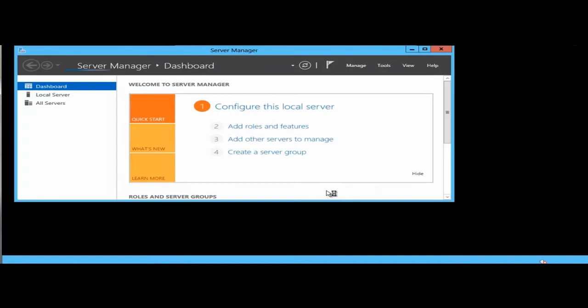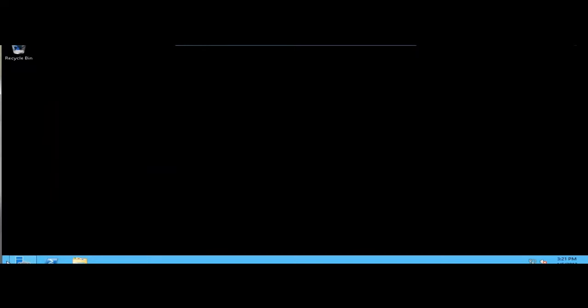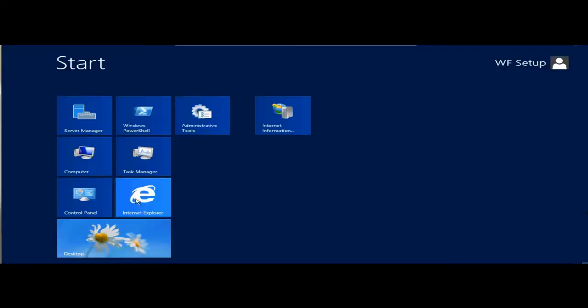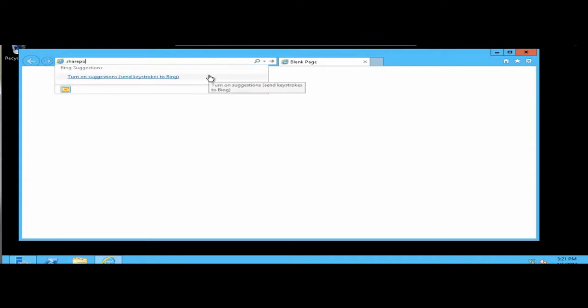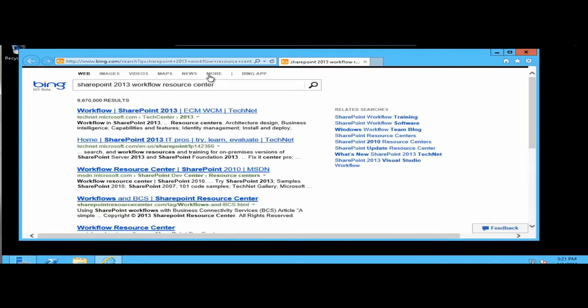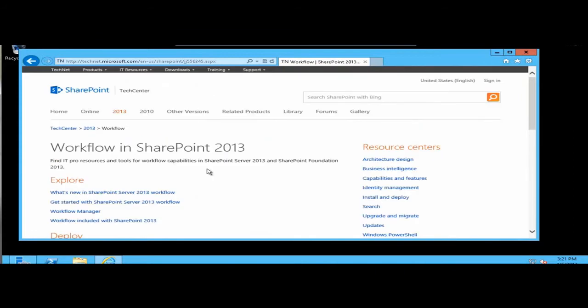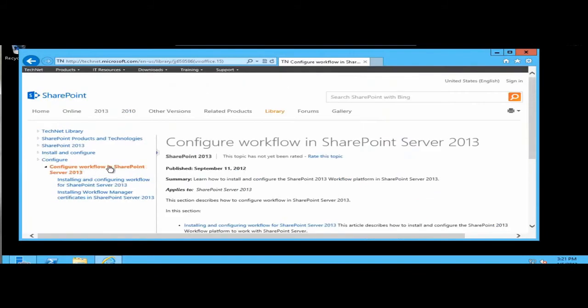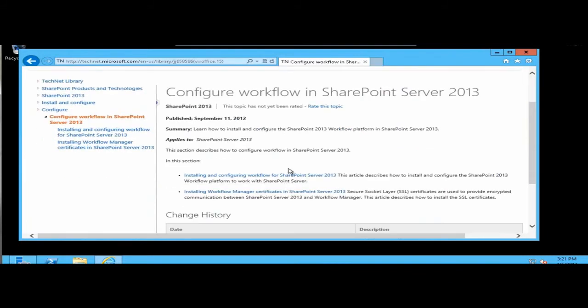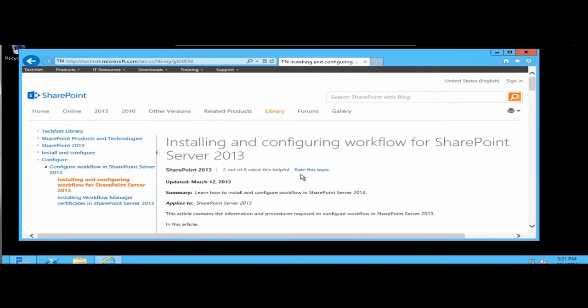And once we're on the workflow server where we're going to install Workflow Manager, it installs as a Web PI link. So what we'll do is open Internet Explorer, and there's many ways to get to this installation link, but the way I prefer is to go to the SharePoint 2013 Workflow Resource Center, and I just search for that and open that up. And these are all the links about workflow in SharePoint 2013. And in the Deploy section we have the Install and Configure Workflow article, and we'll click the link to view